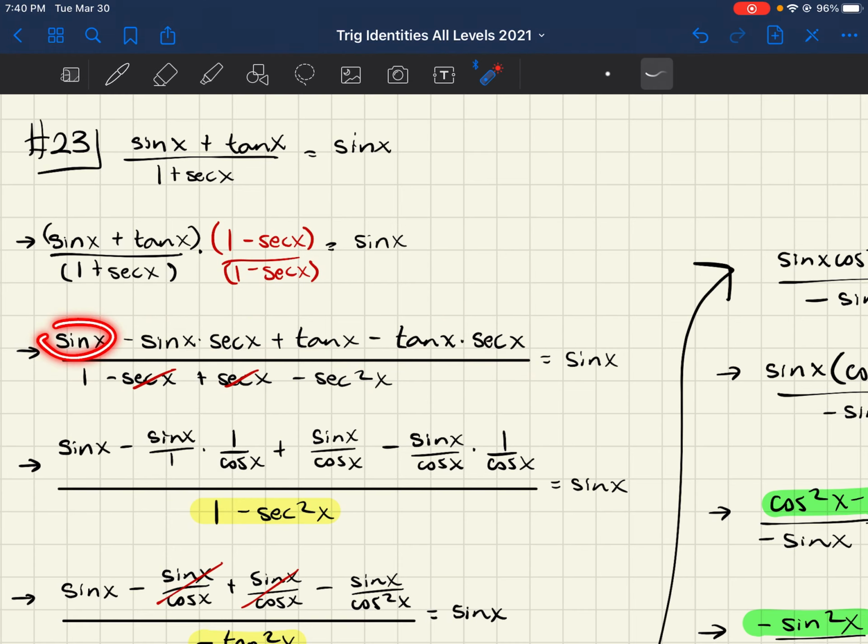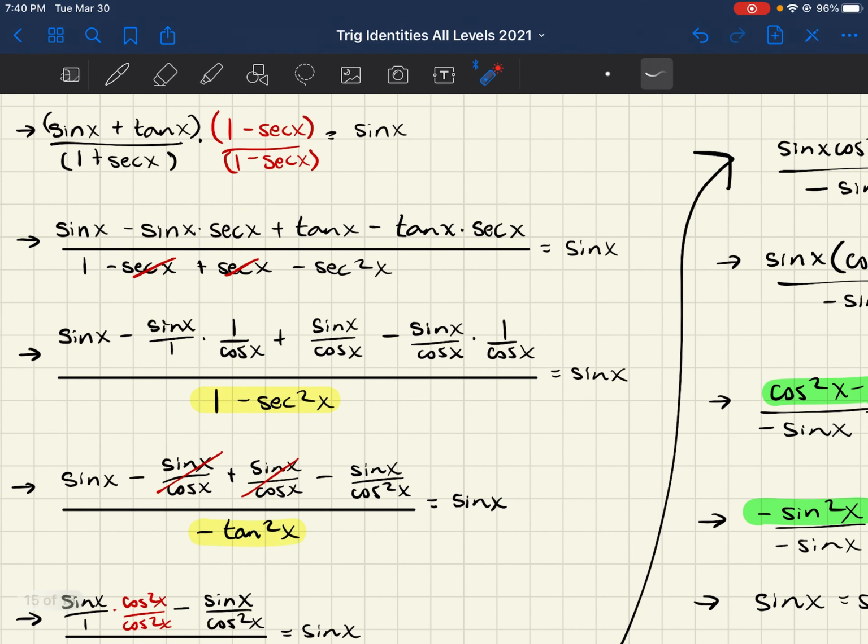So, this sine of x stays the same. We don't need to change it. Sine times secant, that's going to be sine times 1 over cosine. Tangent, which is sine times sine over cosine. And then tangent times secant, sine over cosine times 1 over cosine. And notice that